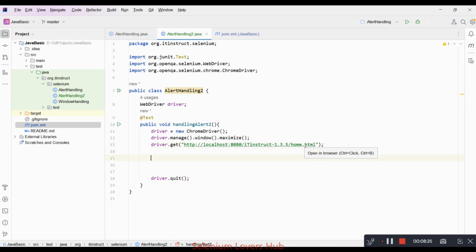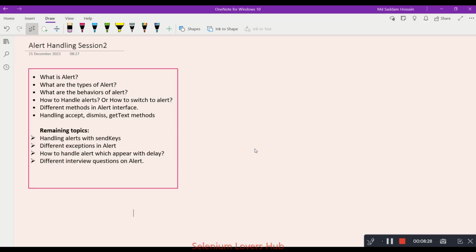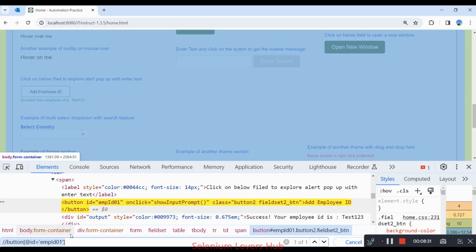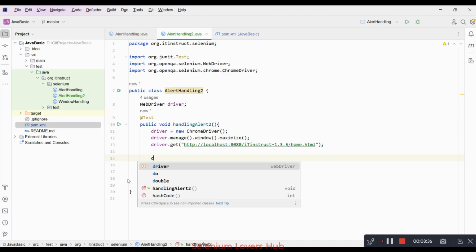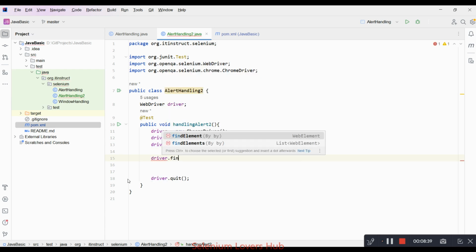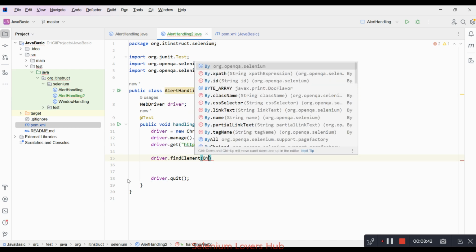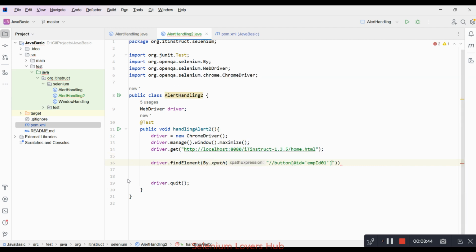Now I have launched, I have navigated to the home page, and after that what I will do, I will be clicking on this particular button, right. So I will be copying this XPath and I will say driver dot findElement, and then By dot XPath I will be using. Inside of this I will paste this XPath and I will say click, right. Now as soon as I click on this particular button, that pop-up window will be open, and then I will be getting that window into an alert reference,